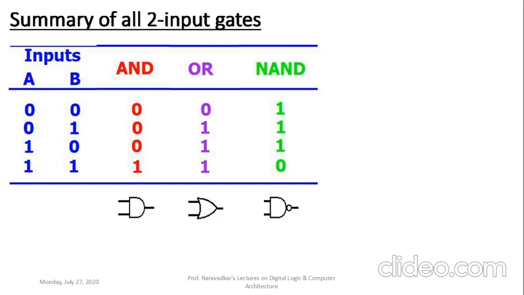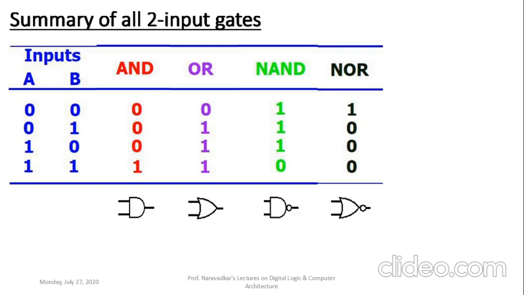Now next, the next gate is a NOR gate. NOR gate is basically NOT OR gate. It clearly means that if we connect one inverter to the output of that OR gate, we are getting that NOR gate here. So accordingly, at the bottom, that symbol of the NOR gate clearly shows the OR gate with one bubble connected on the output side, and that is the logical symbol for the corresponding NOR gate here.